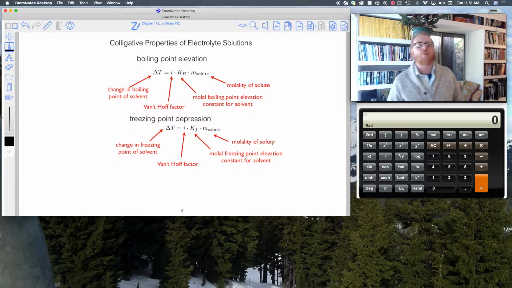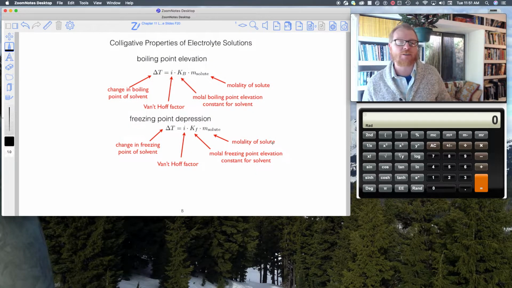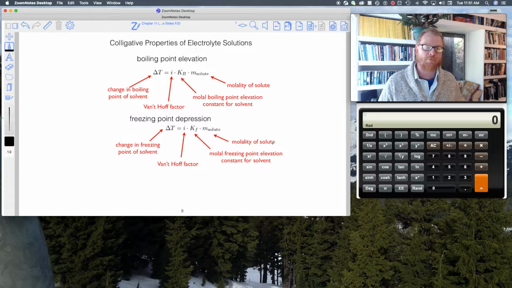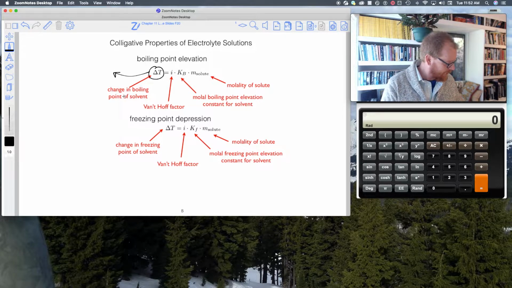So when we calculate boiling point elevation or freezing point depression, it's a very simple equation. They're both very similar in the equation, and I've annotated a whole bunch of things here. So first, let's note this is delta T, so that's the change in the boiling point of the solvent, okay? And so we have to remember that delta T is going to be T final minus T